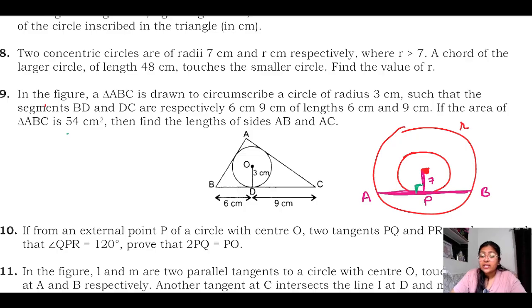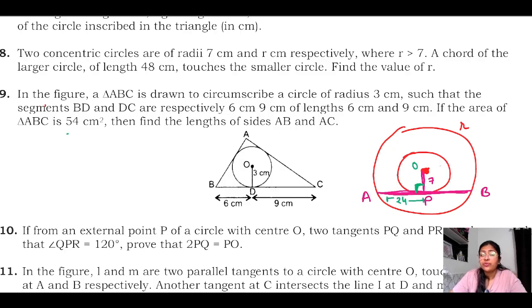In class 9 we studied that if you draw a perpendicular to a chord, now your focus is on the bigger circle. For the bigger circle, AB is the chord and this OP is perpendicular to the chord. So it will bisect the chord, yes or no? Yes. If it is bisecting the chord and the total length of the chord is 48, then half of 48 will be, very good, 24. So the length AP is 24 centimeter.